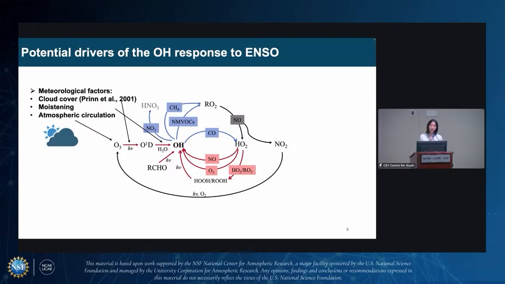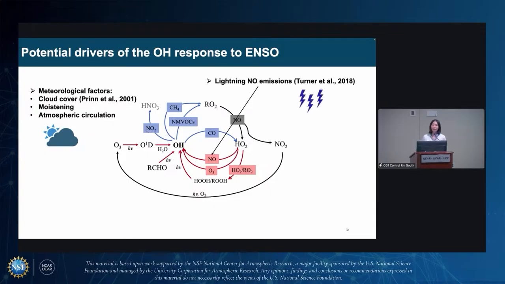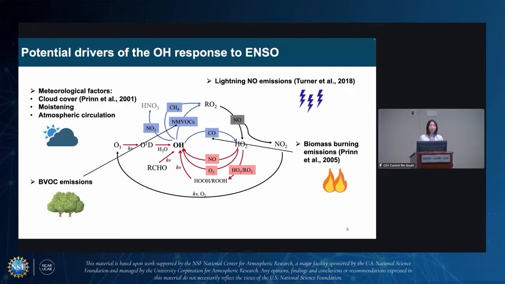All of these factors will affect the different parameters involved in one of the OH production pathways that I denoted here. And also, there are studies suggesting that the lightning NOx emission will also be changing under different ENSO phases, which will contribute to altering another OH production pathway through the reaction between HO2 and NO. But on top of that, from the OH loss pathway side, we will also envision changes in the BVOC emission as well as biomass burning emissions